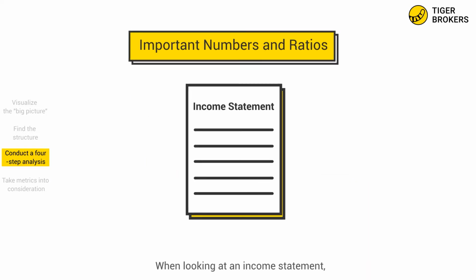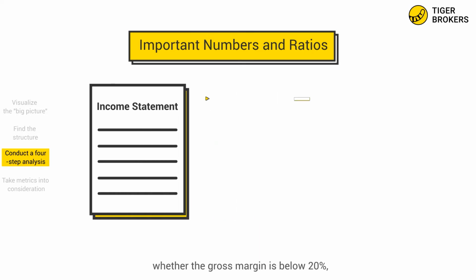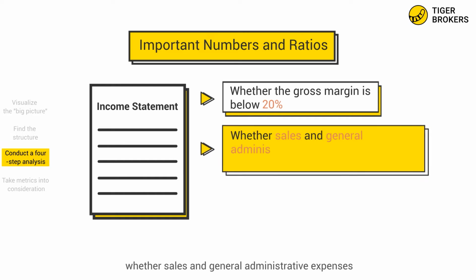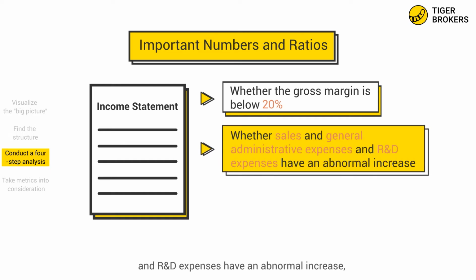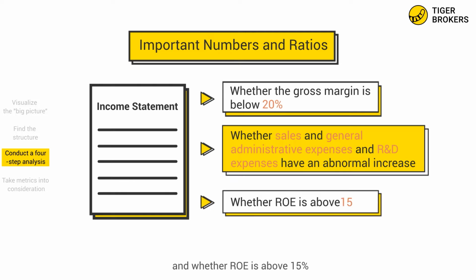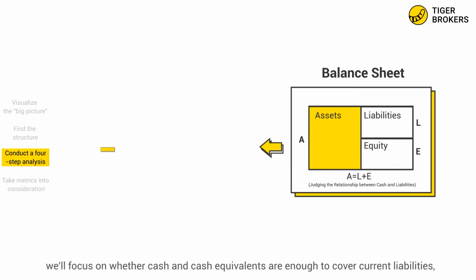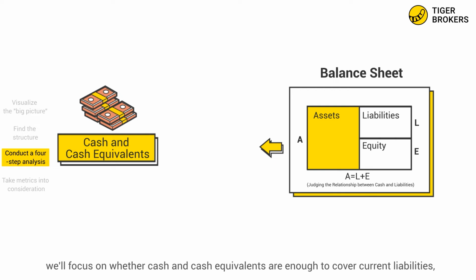When looking at an income statement, you should pay attention to the following important numbers and ratios: whether the gross margin is below 20%, whether sales and general administrative expenses and R&D expenses have an abnormal increase, and whether ROE is above 15%. In the assets section of the balance sheet, we'll focus on whether cash and cash equivalents are